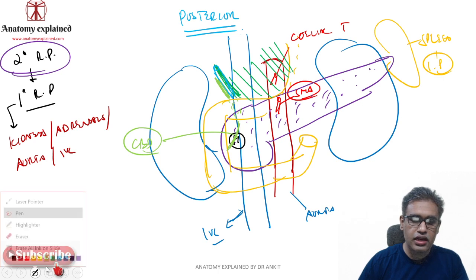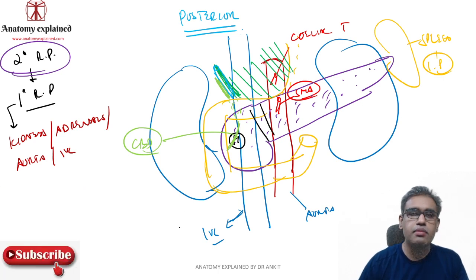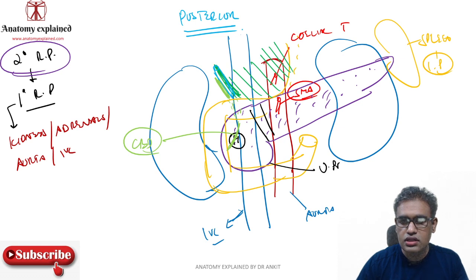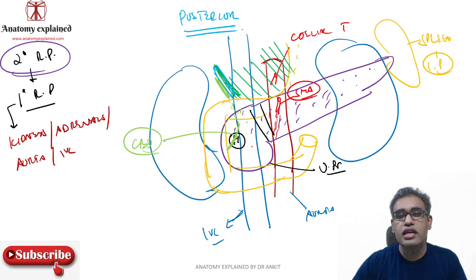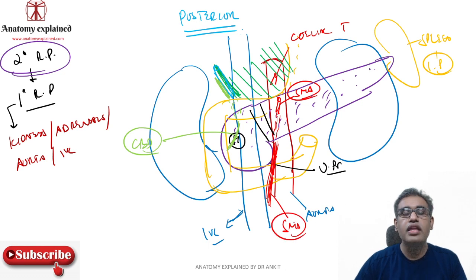Now coming to the neck of the pancreas. If you remember, the neck of the pancreas was this part connecting the head and the body, and this was your uncinate process. We have seen the superior mesenteric artery over here that was coming from behind the pancreas. This superior mesenteric artery will be coming behind the pancreas, and then it will emerge from the inferior border of the pancreas right around the uncinate process. It may touch the uncinate process. It goes like this in front of the third part of the duodenum. This is your superior mesenteric artery. So the superior mesenteric artery lies behind the body of the pancreas, and then it goes below. It could lie in front of the uncinate process of the pancreas.